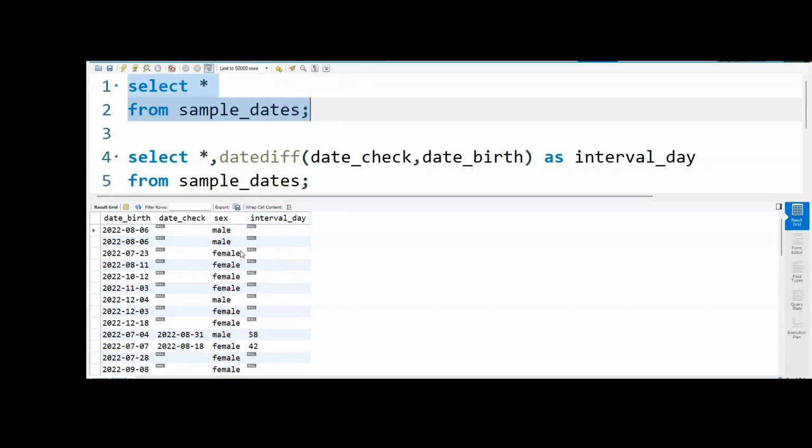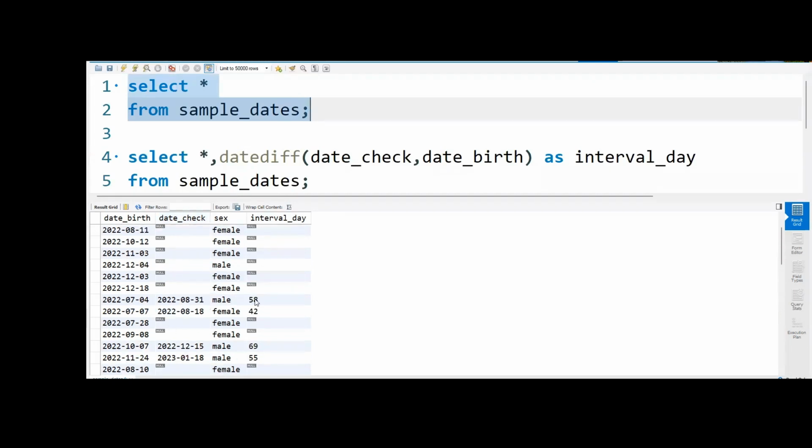Okay, of course, this is still null because we haven't got dates where the baby had the baby checks. But when you check this one, from the 4th of July 2022 when the child was born to the 31st of August 2022 when they had their check, it's 58 days. Okay, so you can see that we've made it more permanent